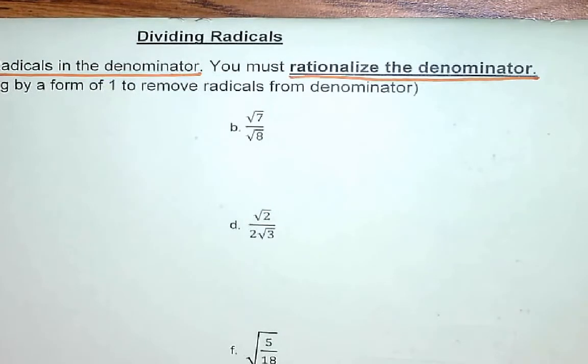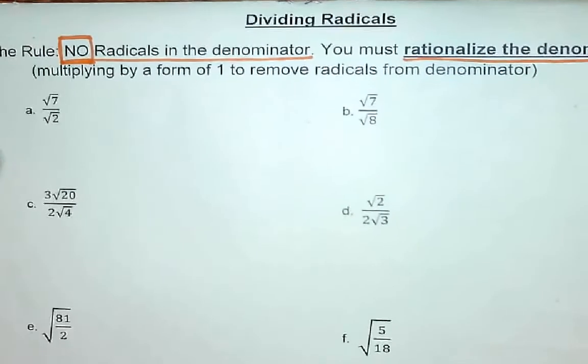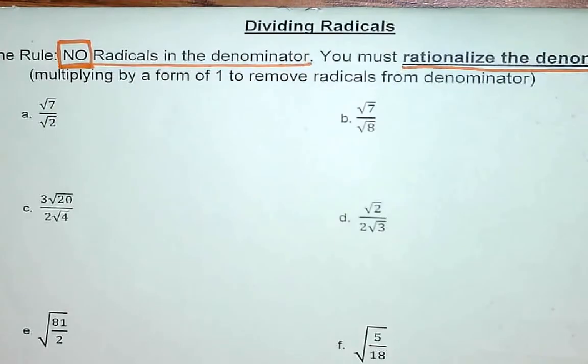So this is rationalizing the denominator. When your teacher next year says that you need to rationalize the denominator, you will be like, oh yeah, Miss Humanek talked about that one day at the end of school. All right? So rationalizing the denominator. What that basically means is we are going to multiply by a form of 1 to remove the radicals